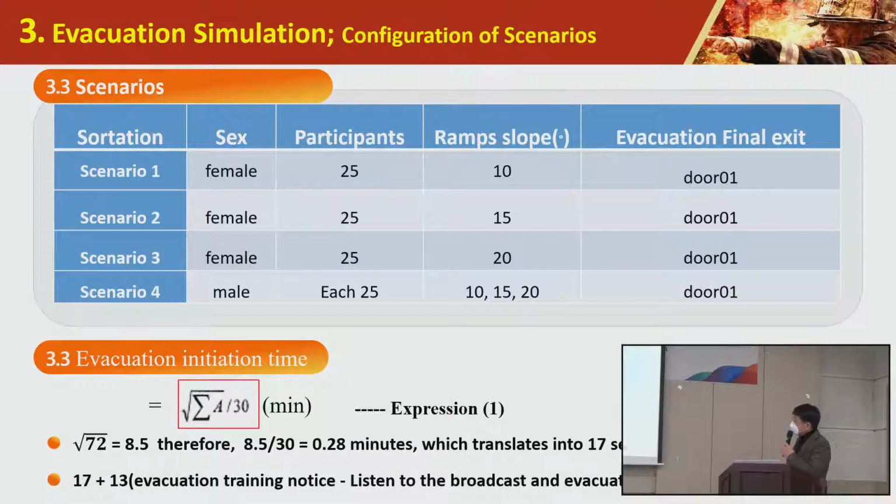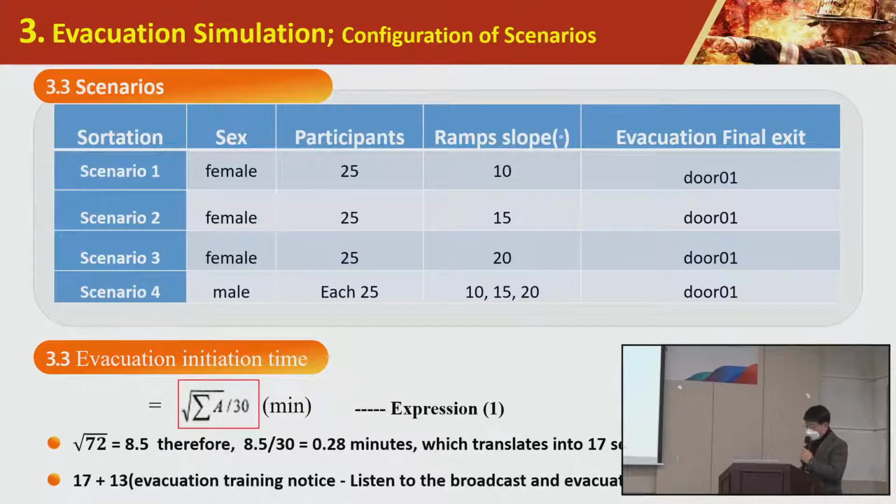Evacuation initiation time. I'd like to show the evacuation initiation time and possible evacuation time. Area